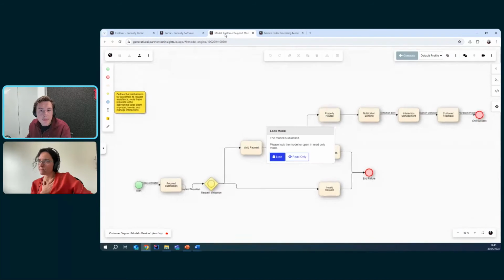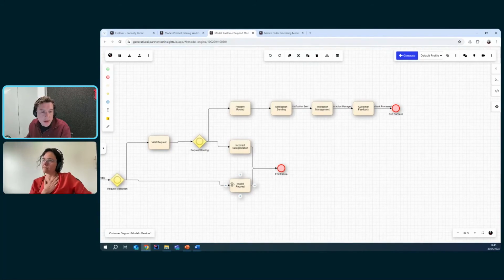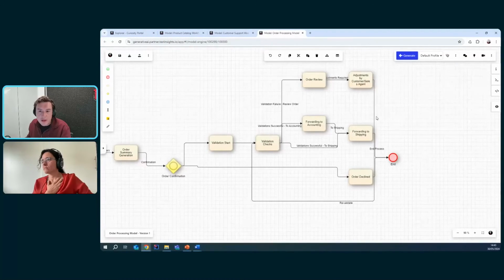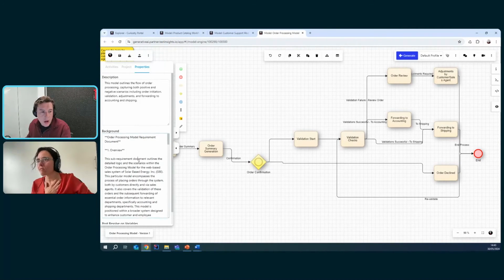Product catalog. If we look at customer support, we have a request, and it's either valid or invalid. We go through various notifications, and there's customer feedback at the end. We look at order processing and split that up into a few more details. Now, the interesting thing about what this has also done is it's built a little mini requirement summary of what